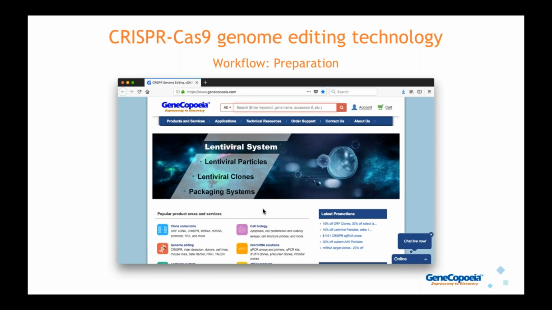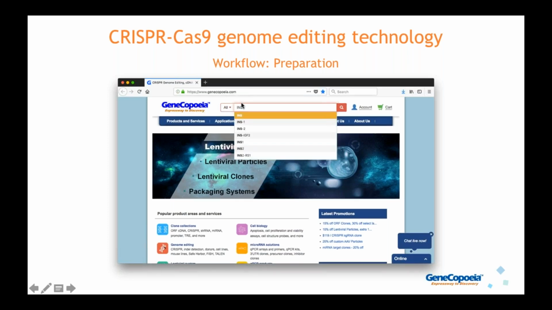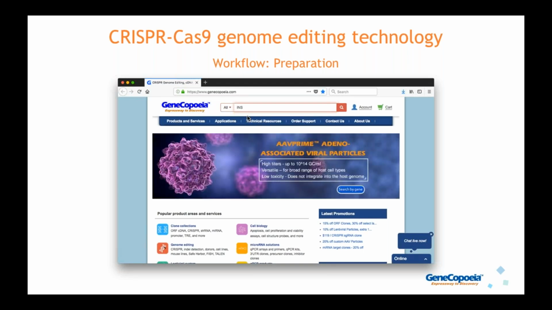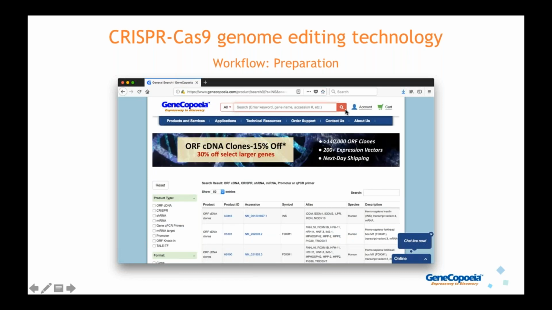So again, I mentioned our website. This is the home page of our website. And so the first step, if let's say you want to knock out a gene and you want to order reagents from GeneCopia to knock that gene out, is to go to our website and type your gene symbol into the search bar at the top of the page. In this case, I typed in INS, which is for the human insulin gene. Okay. And then when you do this, you just press the magnifying glass, and you will then next be presented with